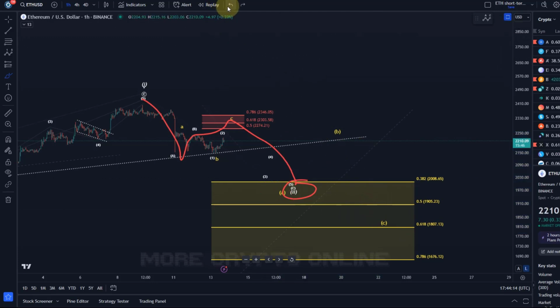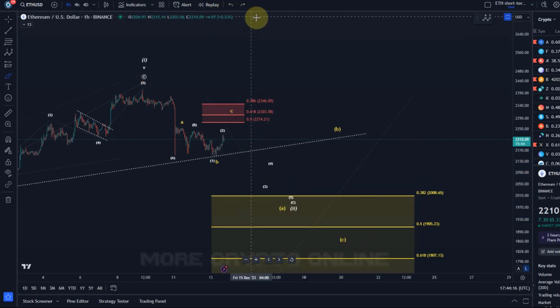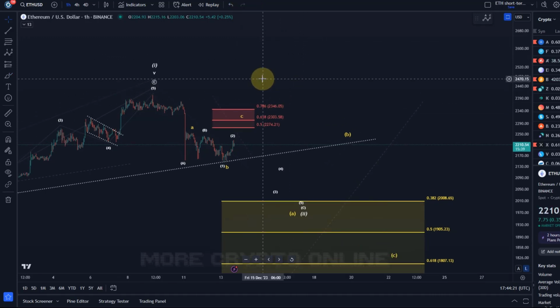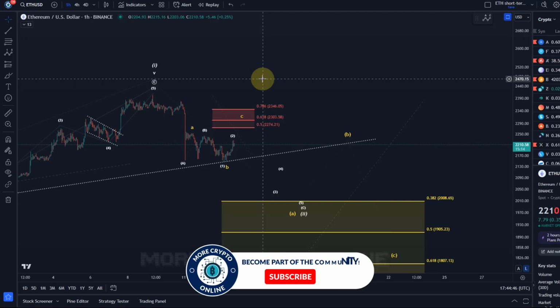These are the two ways, and then you need to understand that corrections unfold in different patterns. They transform from an ABC structure into a WXY, maybe with a triangle in between. So again, I need to say it all the time, also for new viewers: it is not so important, and also not possible, to predict every single wave within a corrective structure. We can track, but not predict. This just confirms my view that it's not so helpful to trade the wave counts.